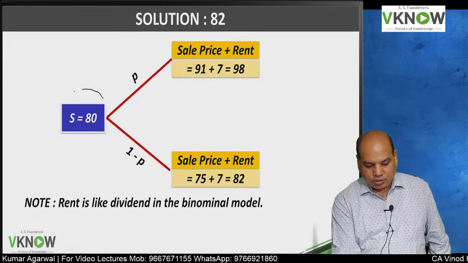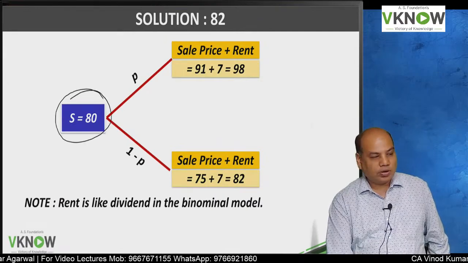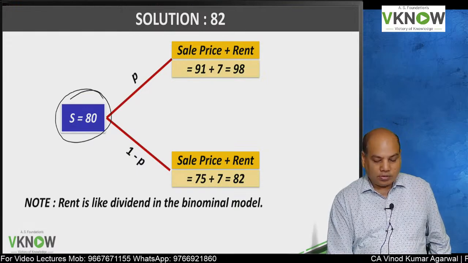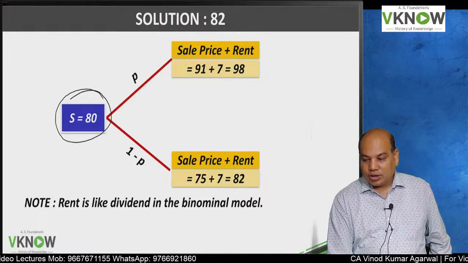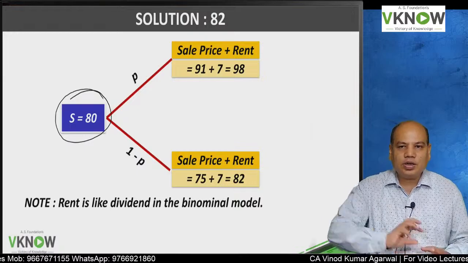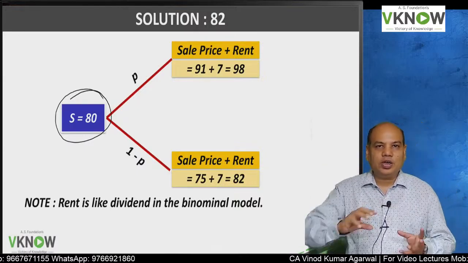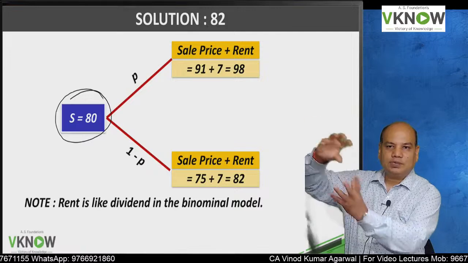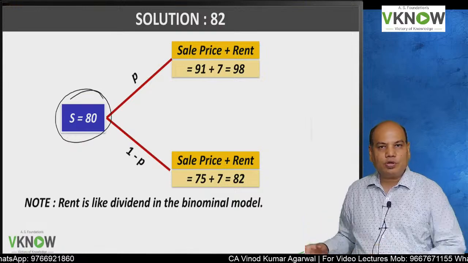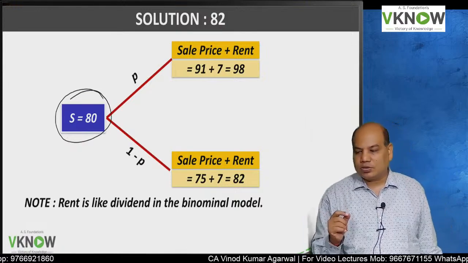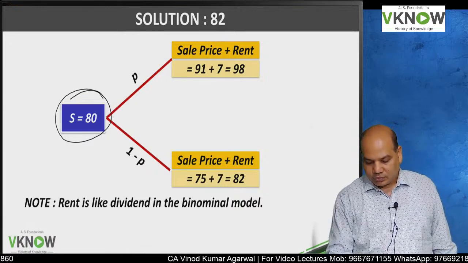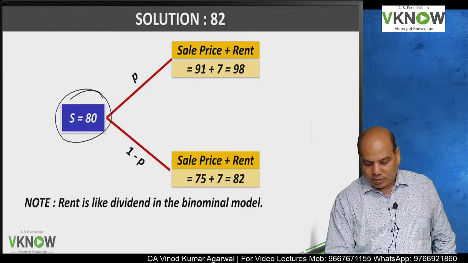Today the price is 80 rupees. Write down S equal to 80. Like in the risk neutral model, we write share price. It will rise, it will fall. Depending upon the rise in the price, the value of the call option is decided. Depending upon the fall in the price, the value of the call is decided. So the share price today, or you can say flat price today, is 80, and after 1 year it will be 91,